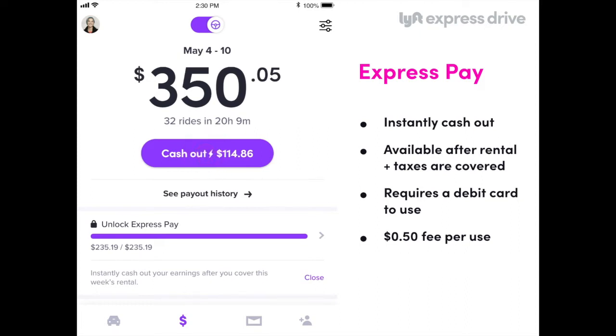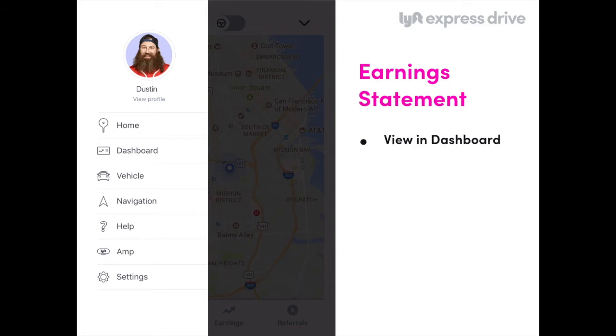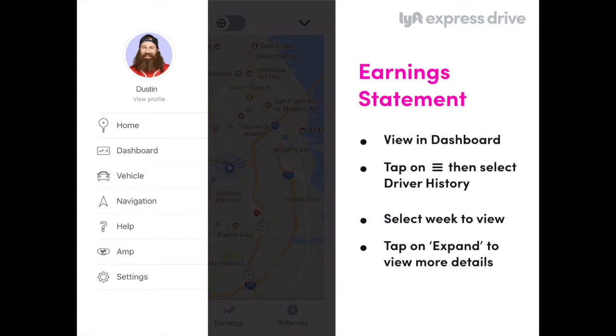You'll need to have a debit card set up to use Express Pay. A Lyft associate can help you set this up in your app after the presentation. To view your earnings statement, you'll go to your dashboard located in the main menu, followed by selecting driver history